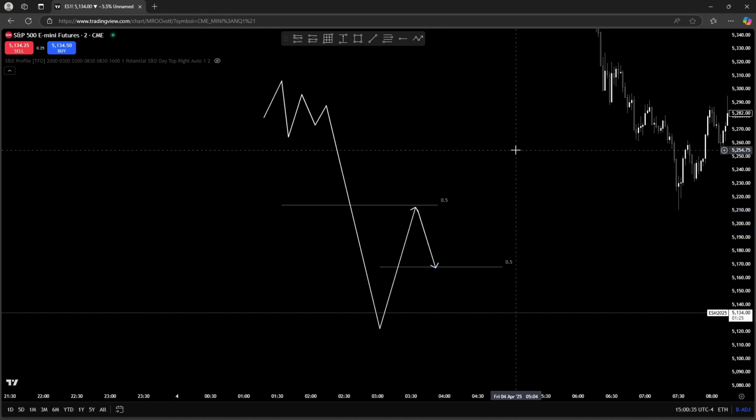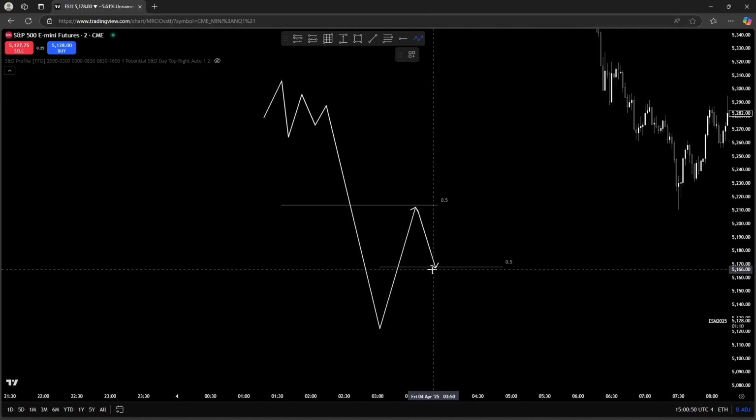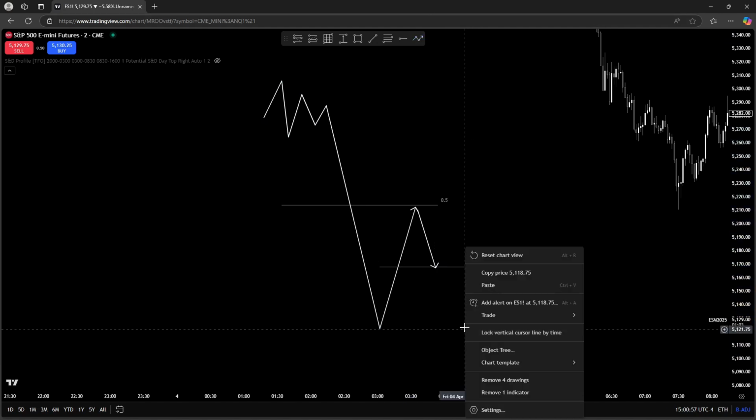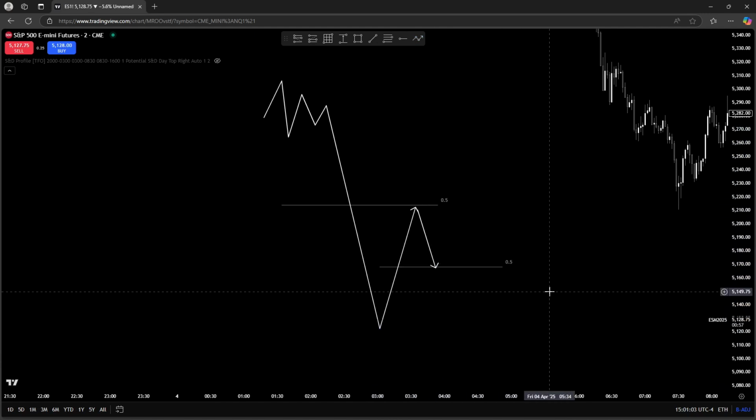Then we have this newly created range, and at around 9:30ish, we push down lower and we tap the 50. As of now, I'm not really in anything. At this point in time, I don't really know what trade I'm going to take. I don't have a clear bias, because from this price it could either shoot up or just continue lower. So it's not really good to have a bias at this range for me personally. So I wanted to wait.